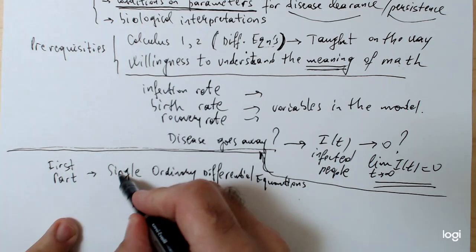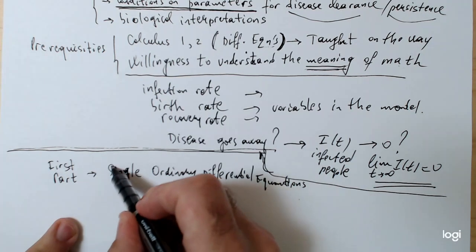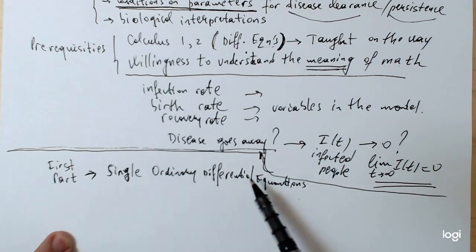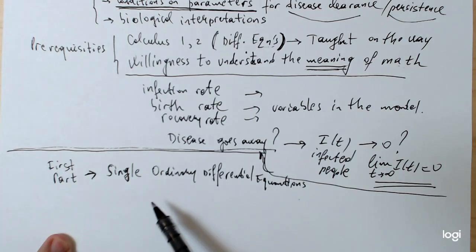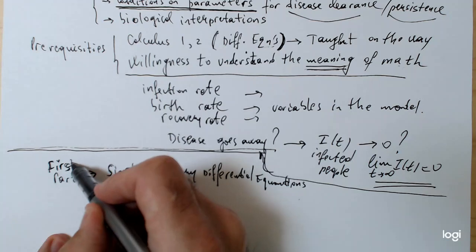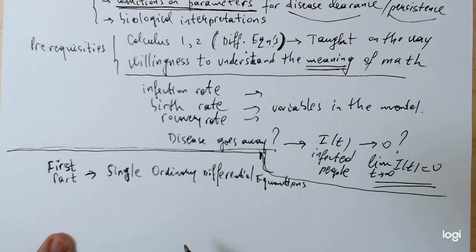We could do quite a lot. In fact, many models, of course, are not that realistic, because to make a model in terms of single differential equations, you have to make some simplifying assumptions. We always do simplifying assumptions, obviously, but we could learn lots of the basic stuff just based on single ordinary differential equations. And then in the second part,